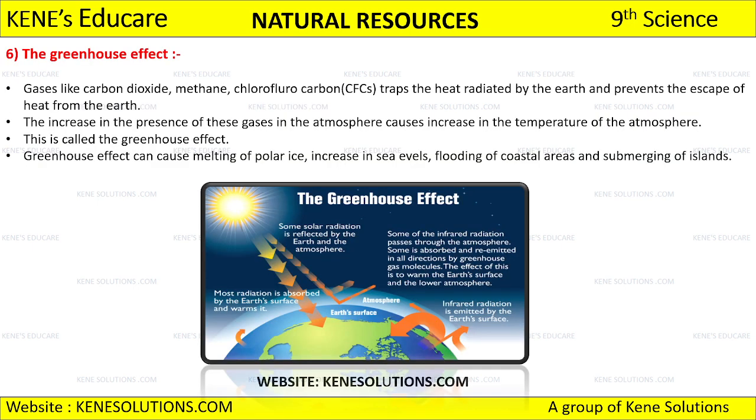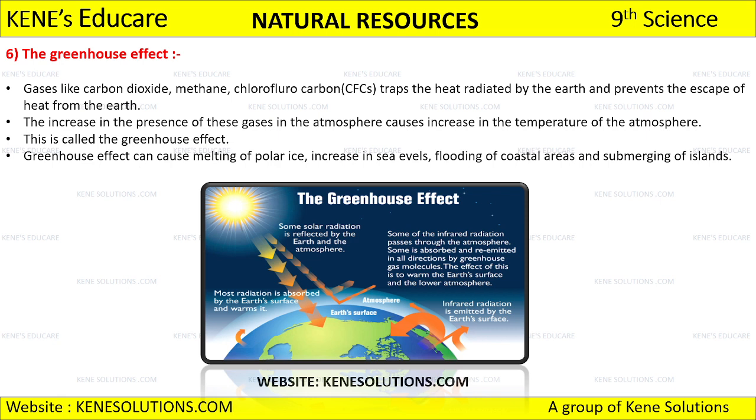After this we have to discuss the greenhouse effect. So see, we have so many gases which are present in air, right? And we studied that we have 78% of nitrogen, 21% of oxygen, then 0.9% of argon and 0.1% of other gases which are present in air, right? If apart from this, certain other gases get added, we call that air pollution, right? And when it comes to studying the greenhouse effect, we have gases like carbon dioxide, methane,